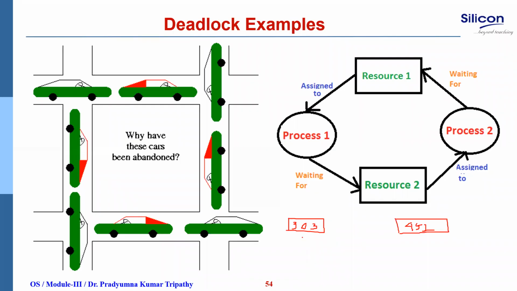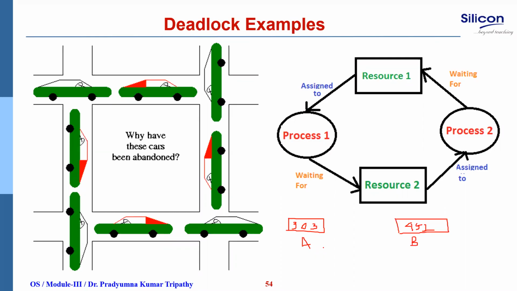Teacher A is taking class in 303, and teacher B is taking class in 452. Correct? Teacher A has the next period in 452, whereas teacher B has the next period in 303. Teacher A is taking class in 303, the next period is in 452. Teacher B is taking class in 452, the next period is in 303.